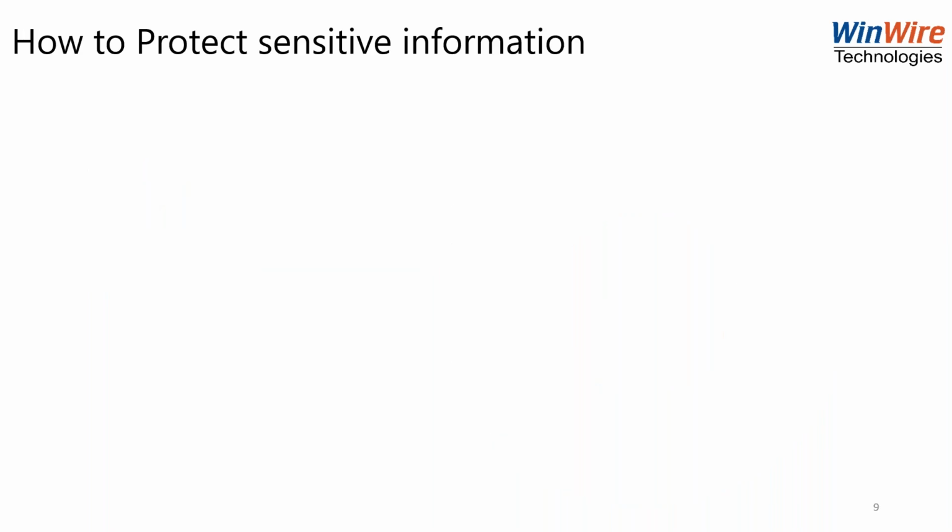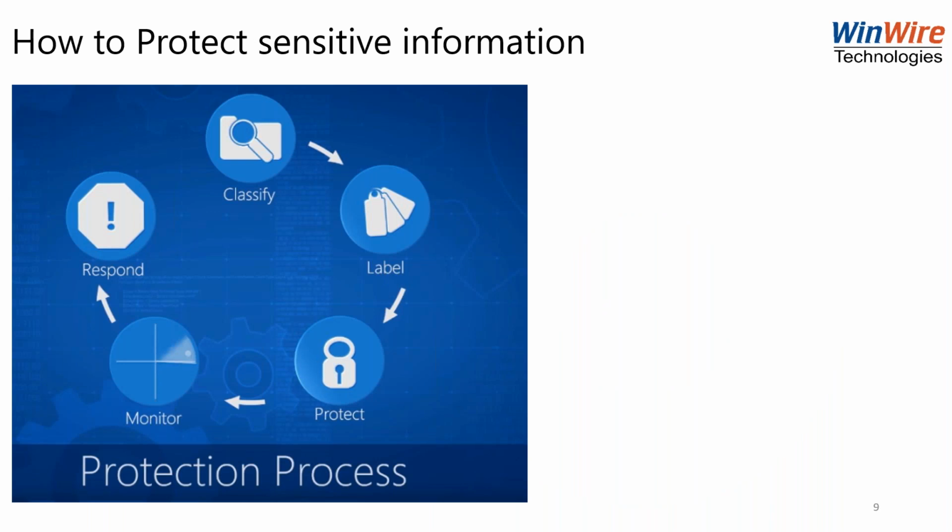So how do you start protecting the information? When you say classify, this is classifying your data based on a set of business rules you have, right? And it could be, let's say, personal, public, and maybe highly confidential, finance only, management team only, leadership team only, all of that. That's how you start classifying based on the business rules. Then you start labeling them, right? Based on the sensitivity of the information, you start labeling them so everybody is aware of it.